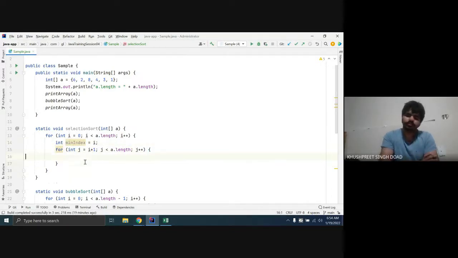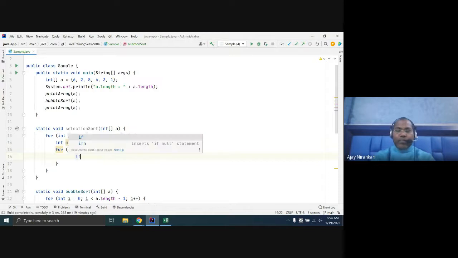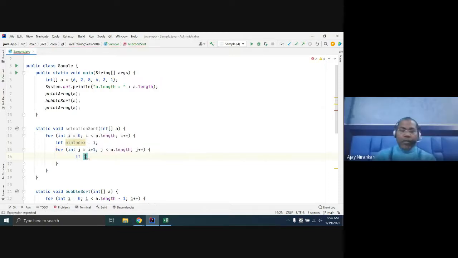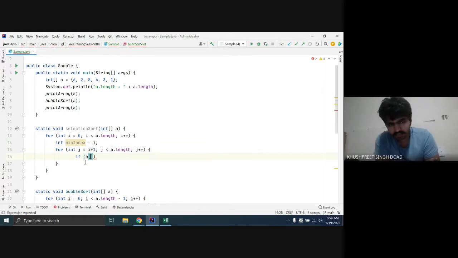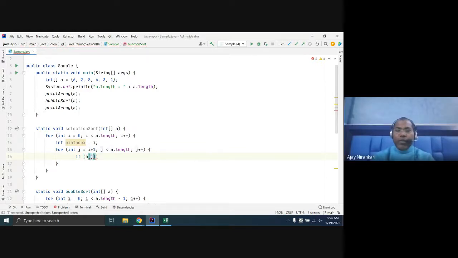And the logic is like this: if you write the code here, maybe if a of j is greater than a of min index, then we have to replace, right?